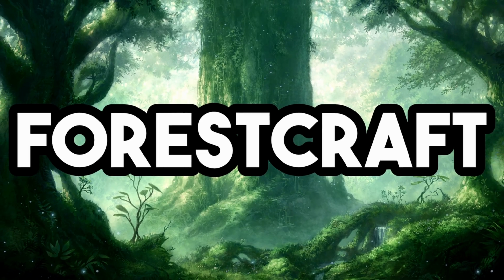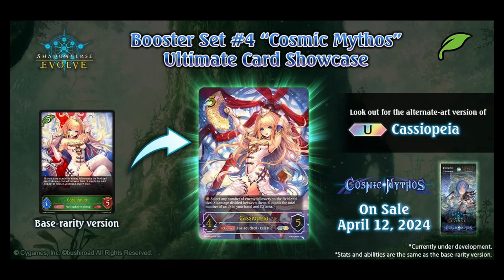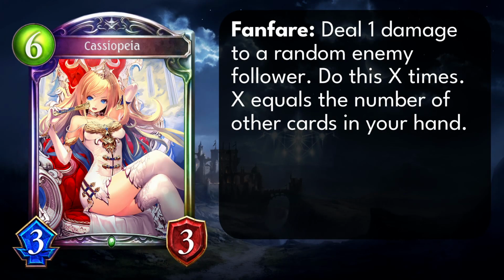Cassiopeia is getting the respect she rightfully deserves in Cosmic Mythos, not only returning as a legendary follower card, but also getting an ultimate rarity variant, which is absolutely gorgeous, by the way. And it just makes sense, given her prevalence in the digital game back in the day, where she would deal 1 damage to a random enemy follower as many times as there were cards in your hand. Fantastic for controlling the game, and making her a great target to bounce back to your hand too, to reuse